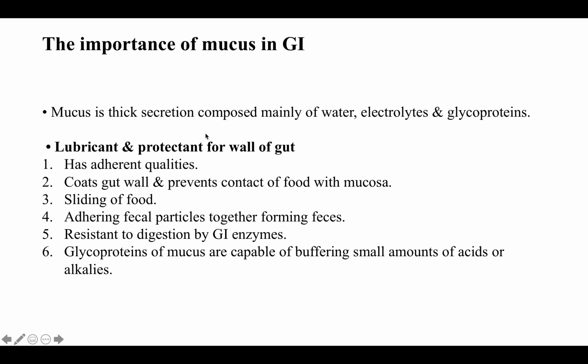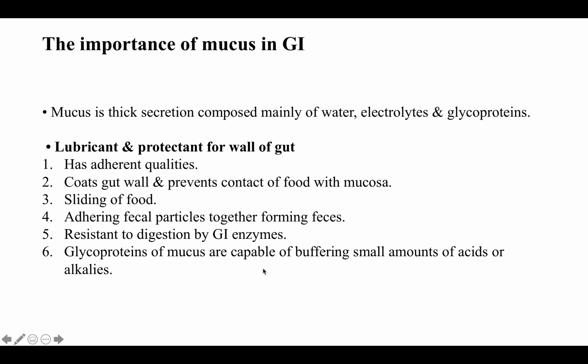And the mucus has several characteristics. One of them, it has adherent qualities. It coats or covers the gut wall to prevent contact of food with the mucosa, so it gives a protection function. It also helps in sliding of food. Also, it helps in adhering the fecal particles together to form the fecal matter. It provides resistance for the digestion by the gastrointestinal enzymes, and the glycoprotein components of the mucus are important buffers